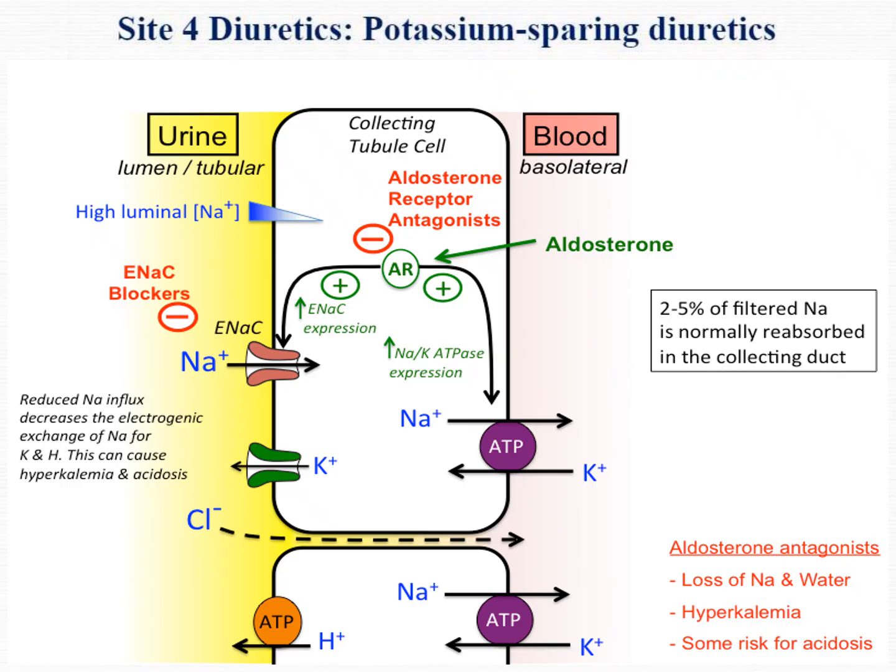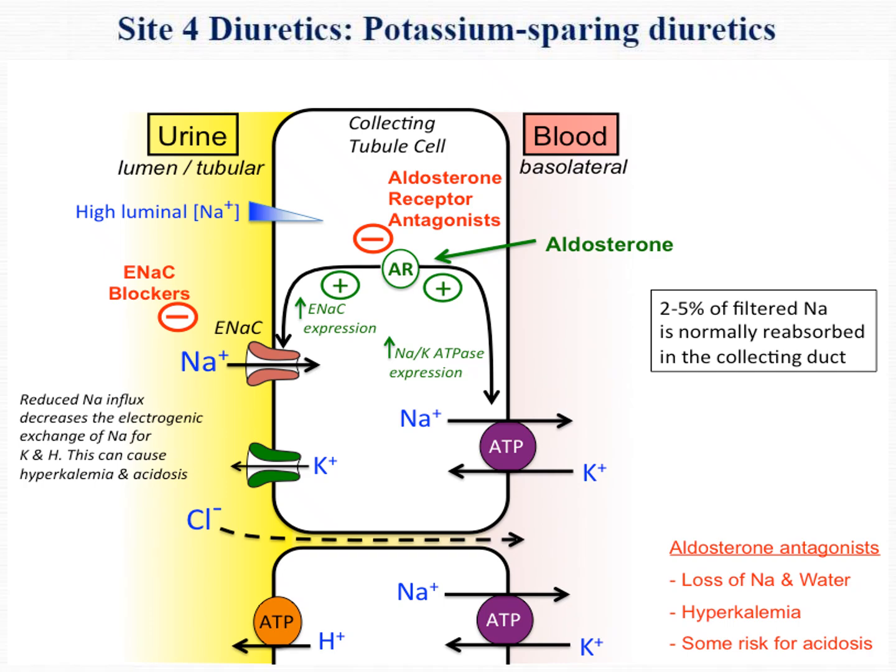All right, so what are they more important for? These diuretics are more important for potassium and acid-base balance. From their name, they're called potassium-sparing diuretics because they preserve potassium from being excreted, and that helps reduce the chances of hypokalemia when you use potassium-sparing diuretics together with other kinds of diuretics.